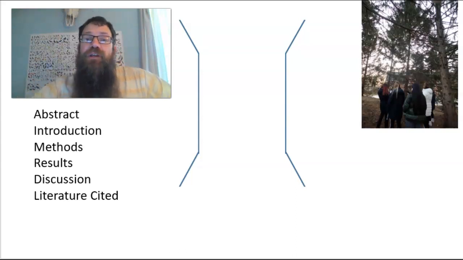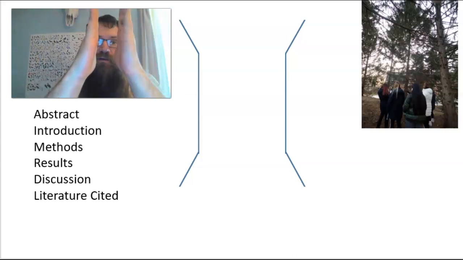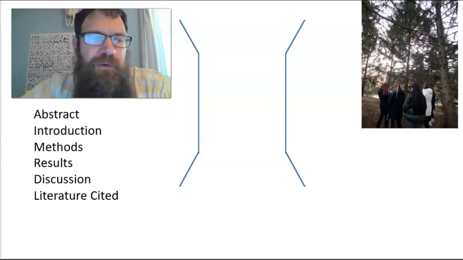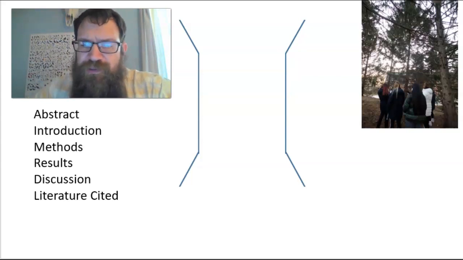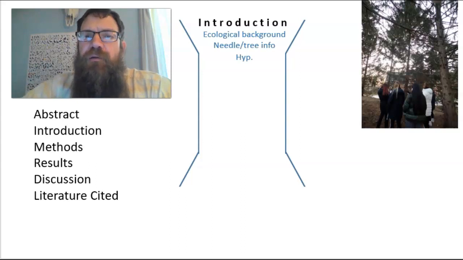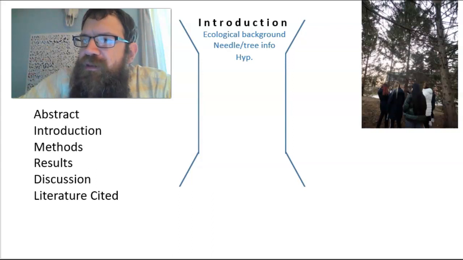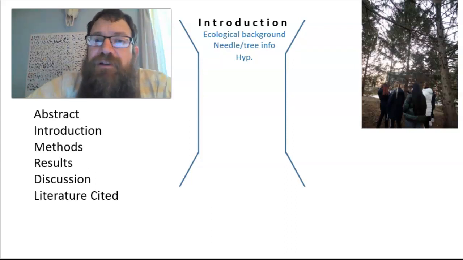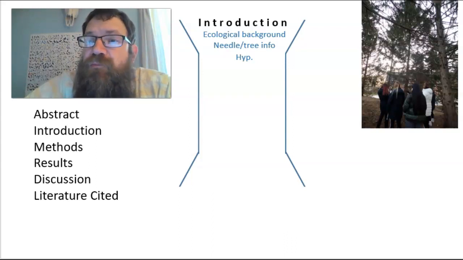Oh, right, hourglass shape. Wide at the beginning, narrow down in the middle, and then widen out at the end. That is the pattern of a scientific paper. So we're going to start out with the broader, bigger picture with the introduction. In your introduction, you want to start with the big picture, the ecological background. In this case, you're going to be thinking about things like competition and cooperation, right? Those big picture ecological interactions. That's what we're studying here, and so you want to start by describing those and what effects they might have